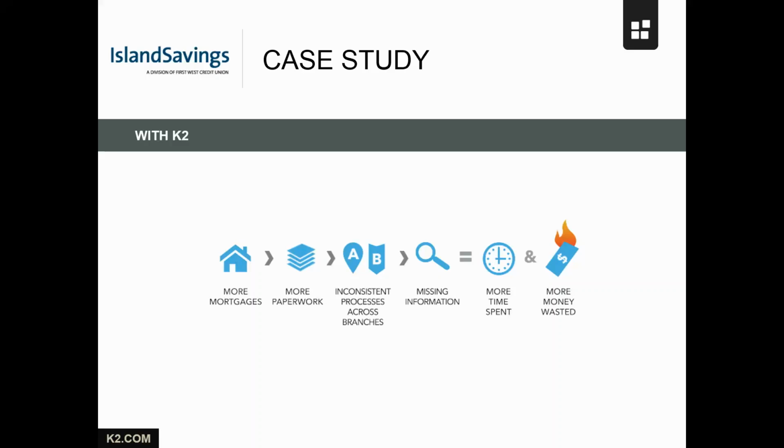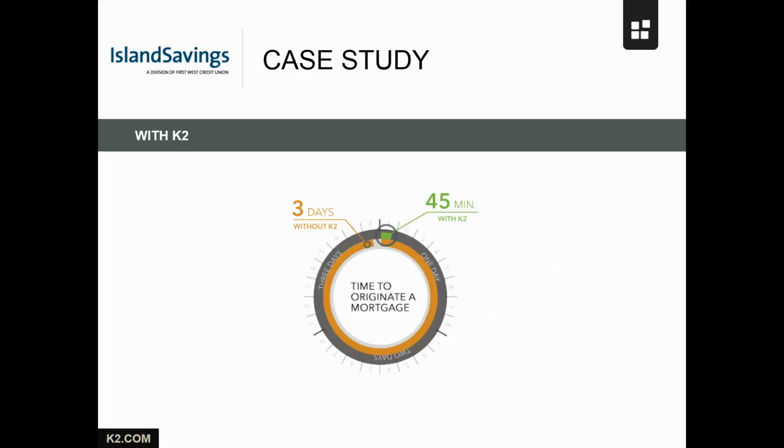And typically, it's done via paper. And paper processes are quite painful, quite inefficient, and a lot of these organizations are wasting a lot of money and a lot of time in getting the loan from point A to point B. So at Island Savings, one of our customers, they actually went from 3 days without K2 to originate a mortgage down to 45 minutes. And all that is based on our application that was built with no code that really